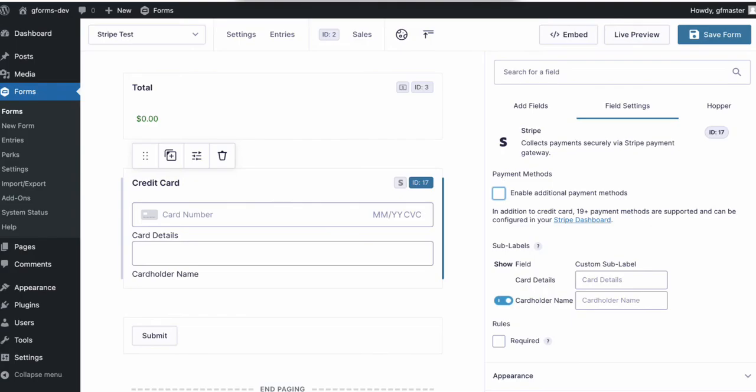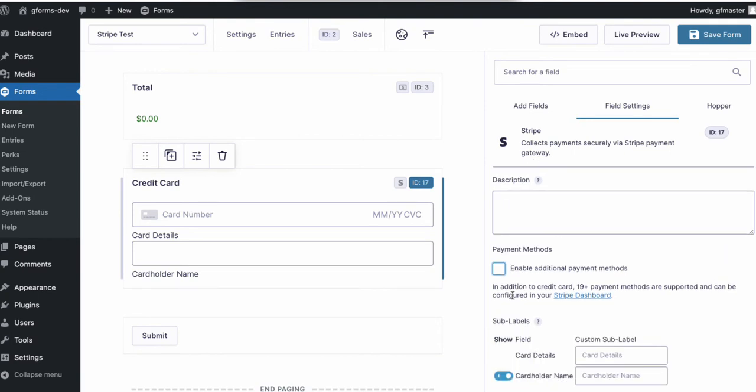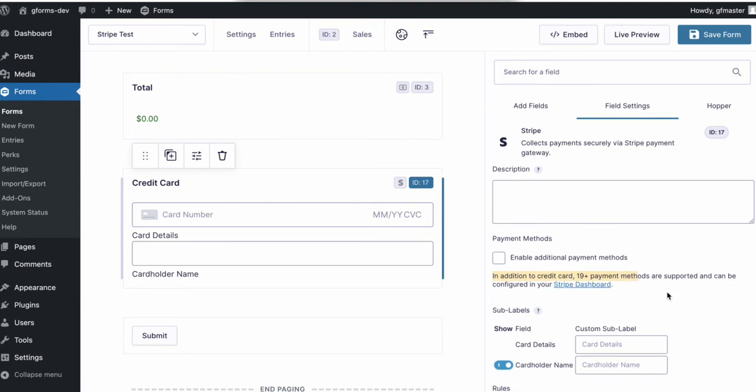There's 19 plus. Okay, so as I showed you, this is the card field that we're used to. With 5.0, it's going to change. So instead of it being called Stripe card field, it's just going to be called Stripe. But there's also this option right here. So you can enable additional payment methods. So basically this would allow you to use this single element to collect payment for the different payment options you have enabled within your Stripe account, as noted right here. Okay, so there's 19 plus methods of payment that you can take